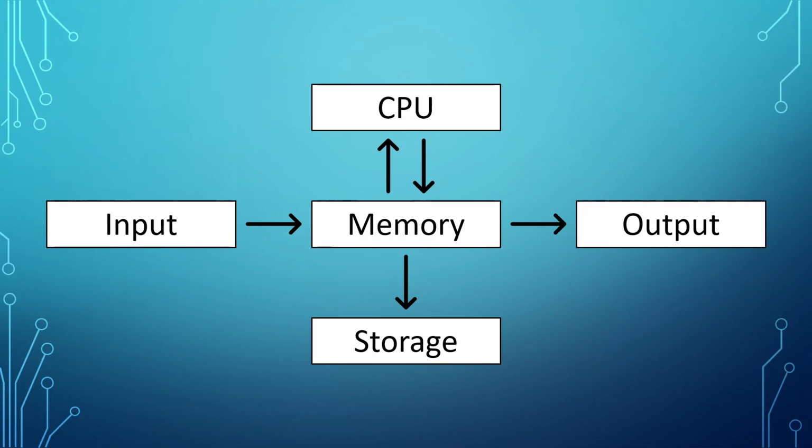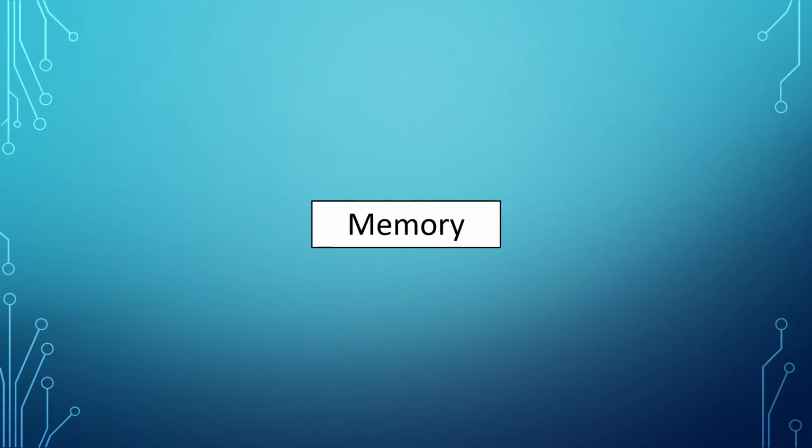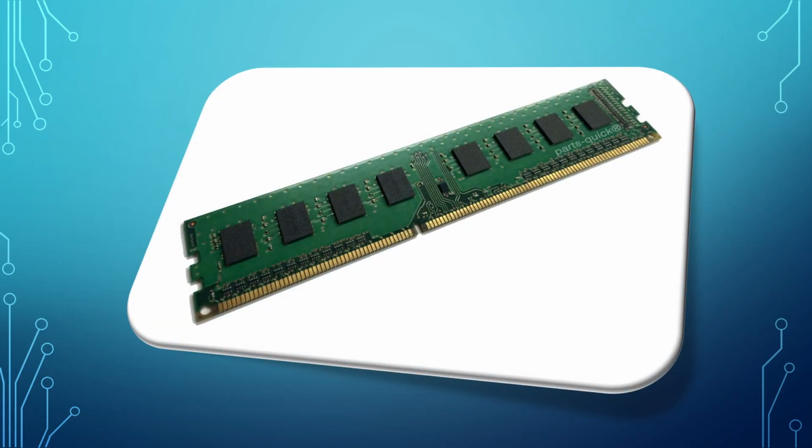So back to memory. Memory is sometimes called a storage device because it stores your input. To differentiate this from your hard drive, some people in the IT world call it primary storage. Most people simply call it memory or RAM, which stands for random access memory. If you open your computer and see something that looks like this, that's what memory looks like. In a laptop, it's probably half the width, but it still functions the same as desktop memory.